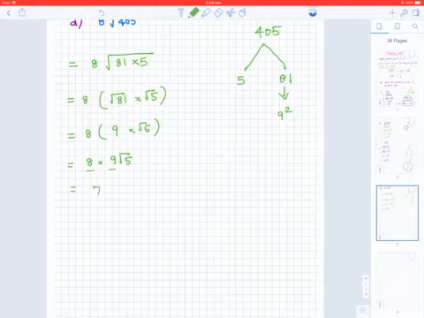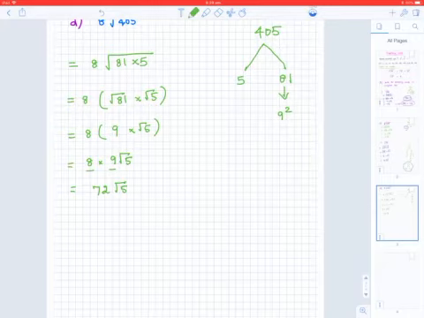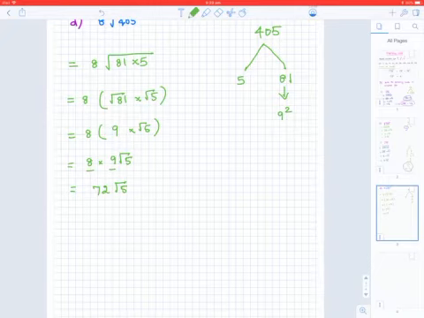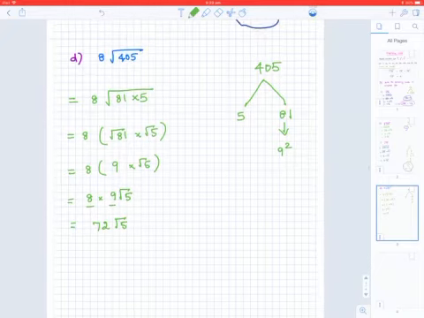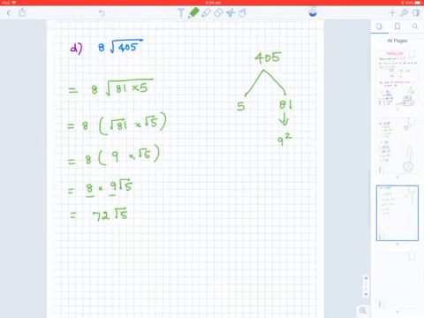So when you do this, you're multiplying the numbers only, which is 8 times 9 is 72, and then square root of 5. Just remember, like algebra, if you have 8 times 9x, we say 72x. So just think of it like algebra and you'll be fine. So 8 root 405